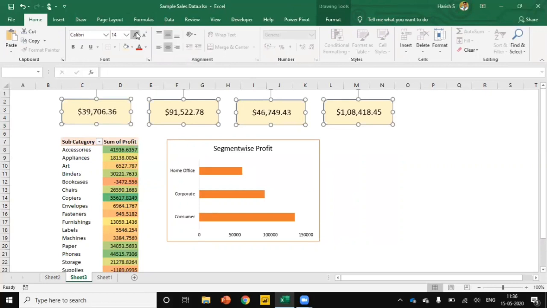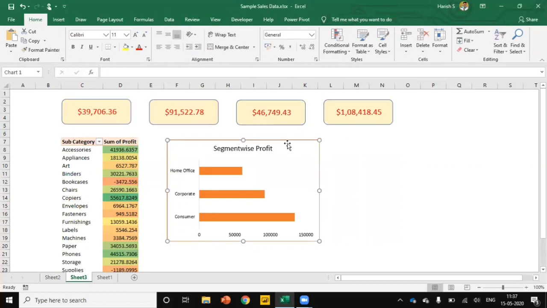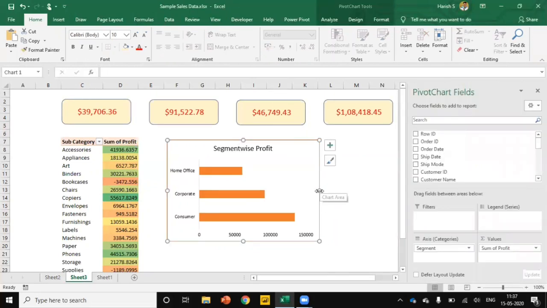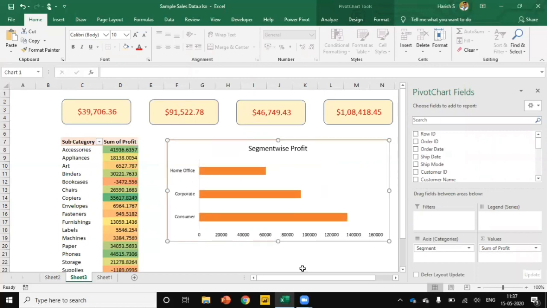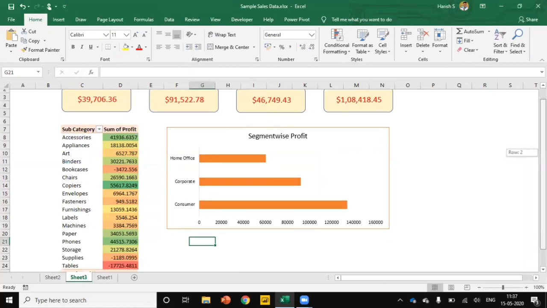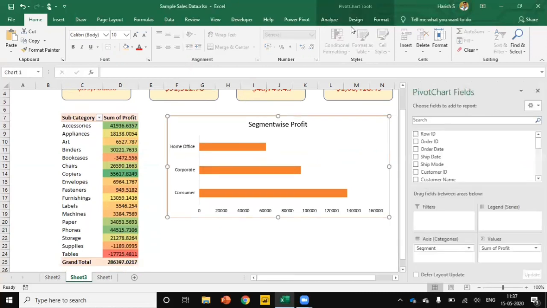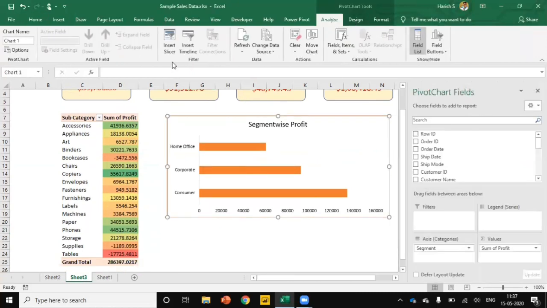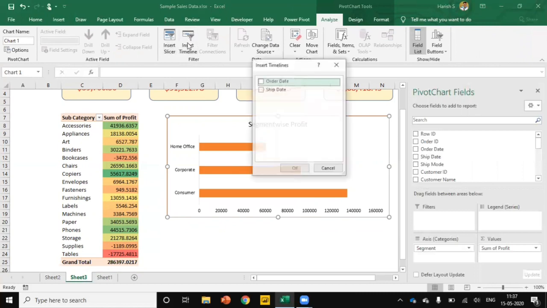Increase the font size and also change the font color. Now I will adjust this. Select this chart, go to the Analysis tab, click Insert Timeline.